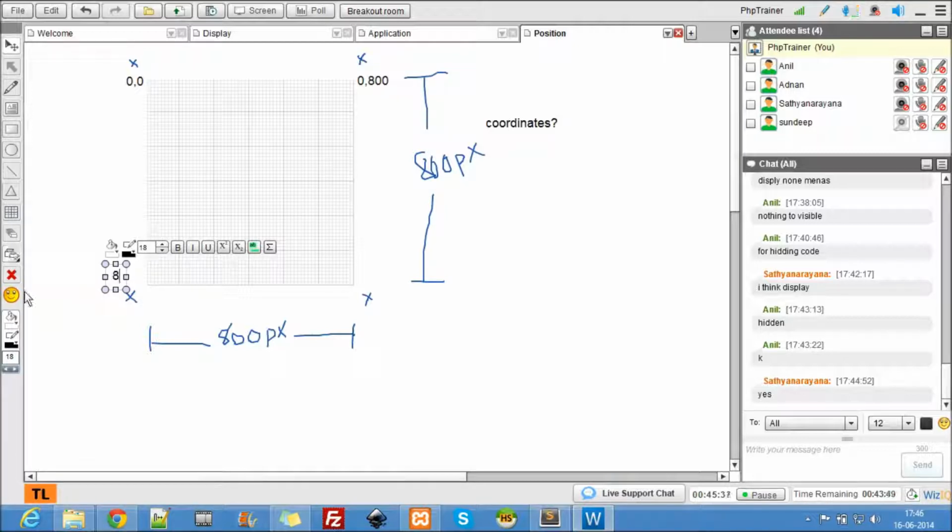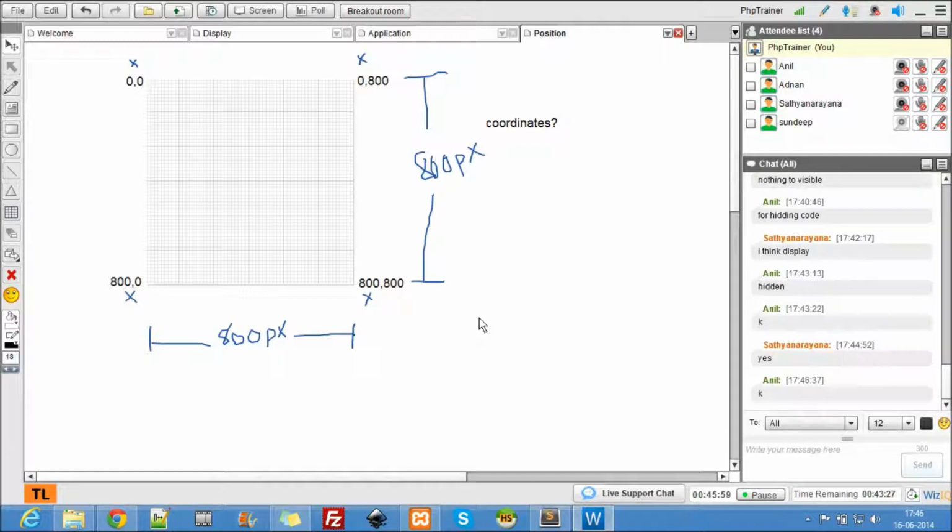No idea? 800 comma 0. Okay, so this is pure mathematics. And what is this location? 800 comma 800. Okay, so these are the coordinates of the web page.